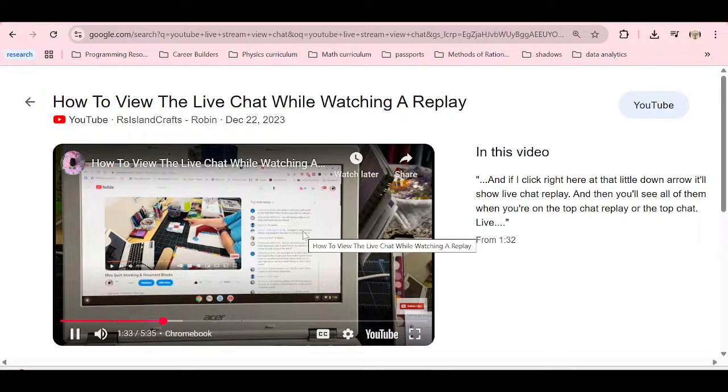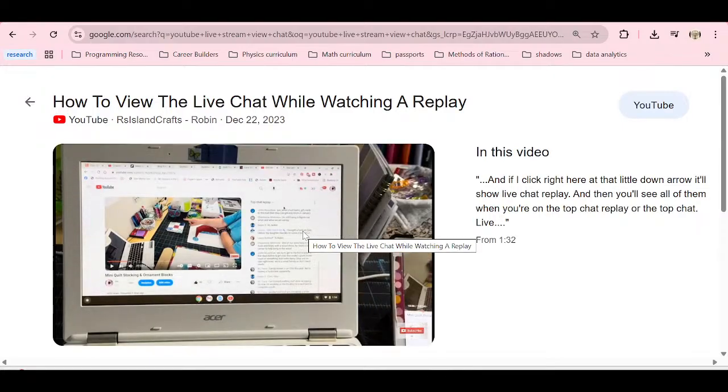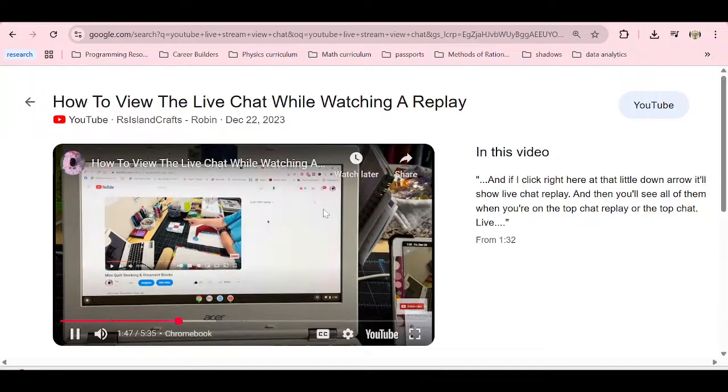And if I click right here at that little down arrow, it'll show live chat replay, and then you'll see all of them. When you're on the top chat replay or the top chat live, the YouTube kind of picks and chooses what you see. You won't always see like